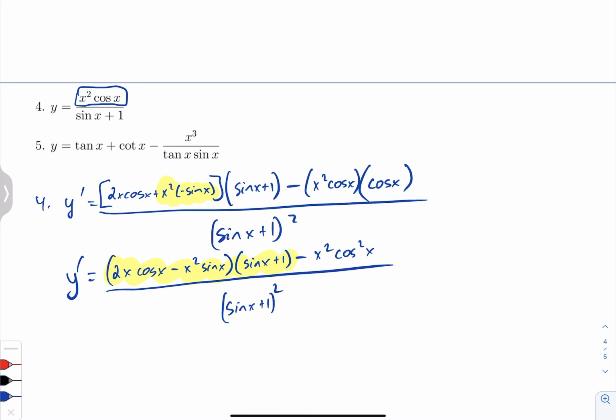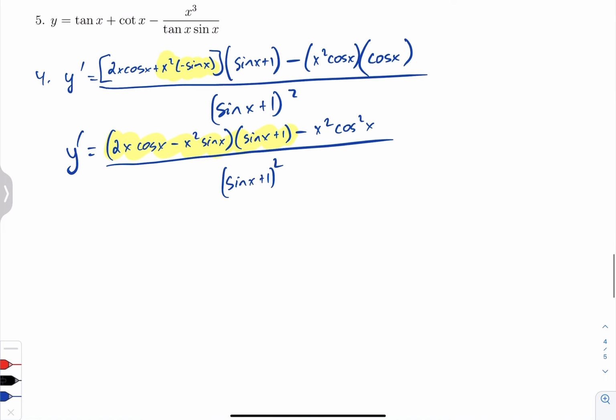Yeah, I don't think we want to do that. So that's good enough. All right, and then this last one, we have y prime. Okay, so the derivative of tangent of x, that's secant squared of x, plus the derivative of cotangent of x is cosecant squared of x, minus,